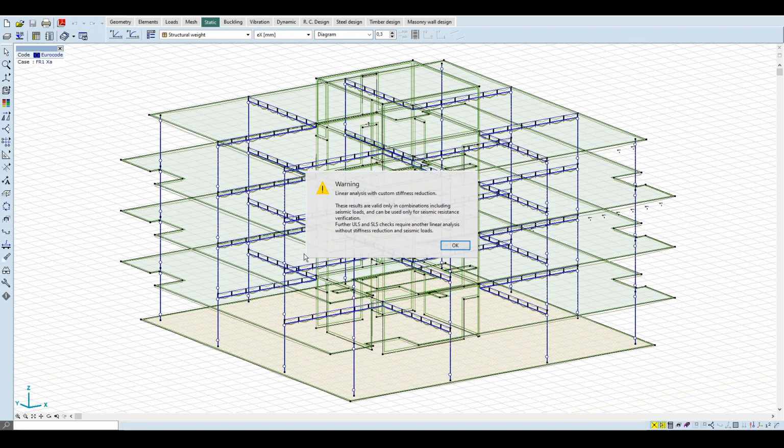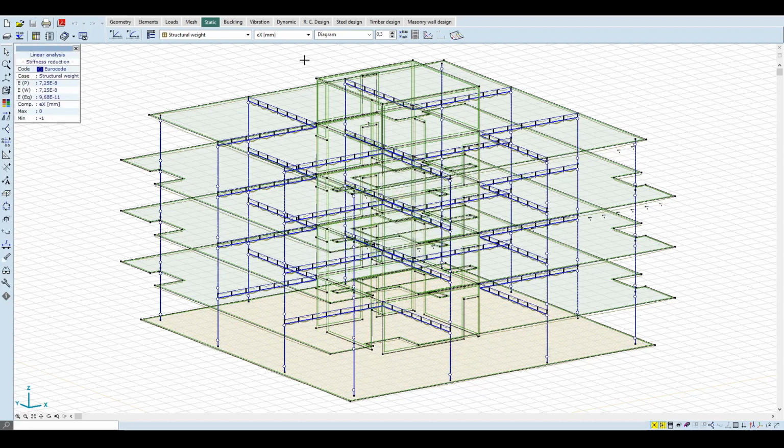The program let us know that we use a stiffness modification, and this can have an effect on the normal loads that require the unchanged stiffness of the members. Basically, it means that we have to carry out the analysis and design in ULS and SLS using a separate non-change model. Before we check the results, we can display the center of gravity and shear center of each story for better understanding of the seismic behavior.